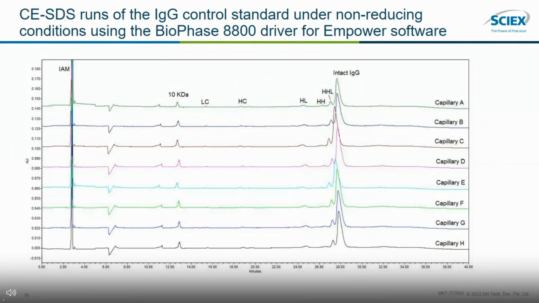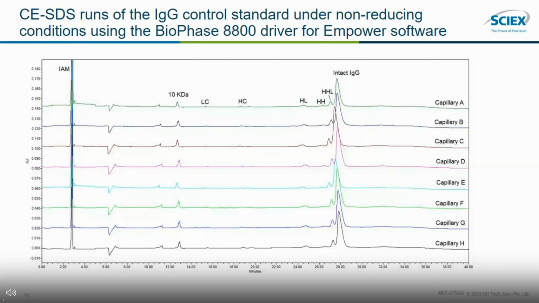As an example, we prepared 8 samples of IgG control standard using our CE/SCS kit under non-reducing conditions. Then used Empower to control and acquire data for all 8 samples simultaneously. You can see that with Empower, we can continue to take advantage of the high resolution and high throughput features of the BioPhase 8800 CE system for size and purity analysis with very reproducible results between capillaries A through H